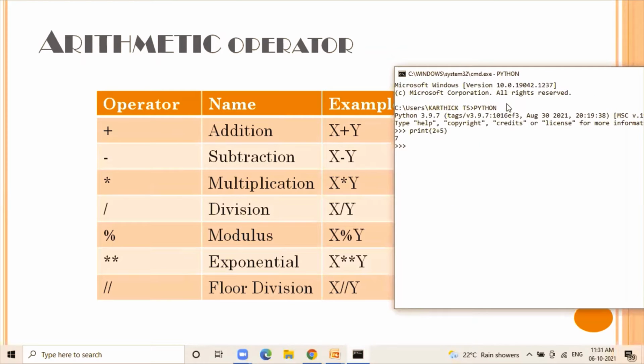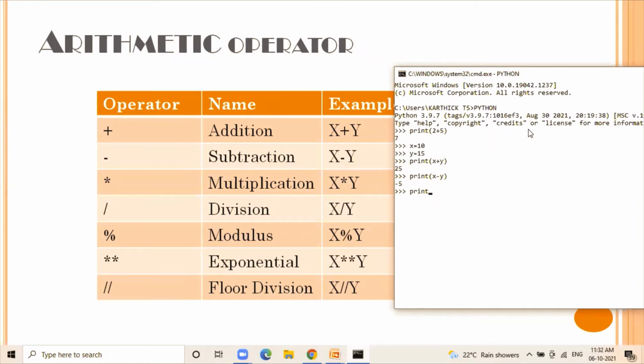You can assign the values to a variable, some different values. Now you can go for the print function and use the following expression, that is x plus y. It gives you the addition of the values of x and y, that is 10 plus 15 is 25. Now you can use the subtraction arithmetic operator and it gives you minus 5 as a result.